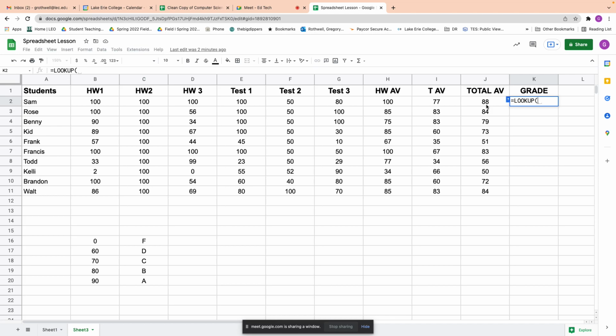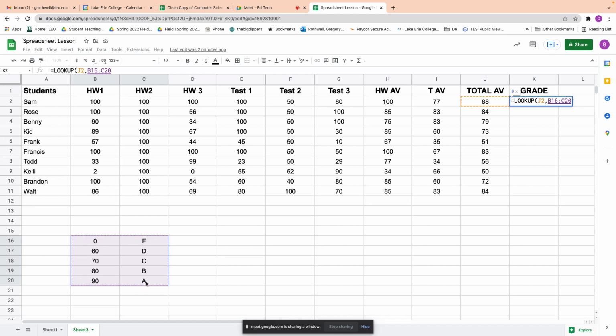So the grade. You see this 88. This is the column where the data is going to be. So we're going to click that cell, and it's given us J2. Then we're going to type a comma,